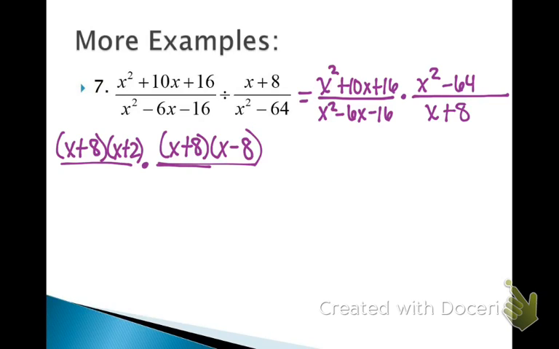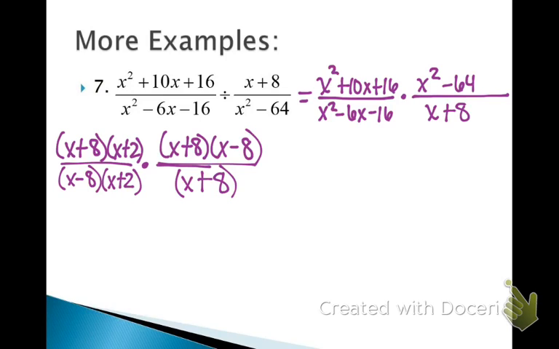My first denominator. Good. x minus 8, x plus 2. So again, multiplying to a negative 16, adding up to a negative 6. My last denominator stays the same, x plus 8. I'm going to put parentheses around it to remember it's stuck together. Now we are ready to